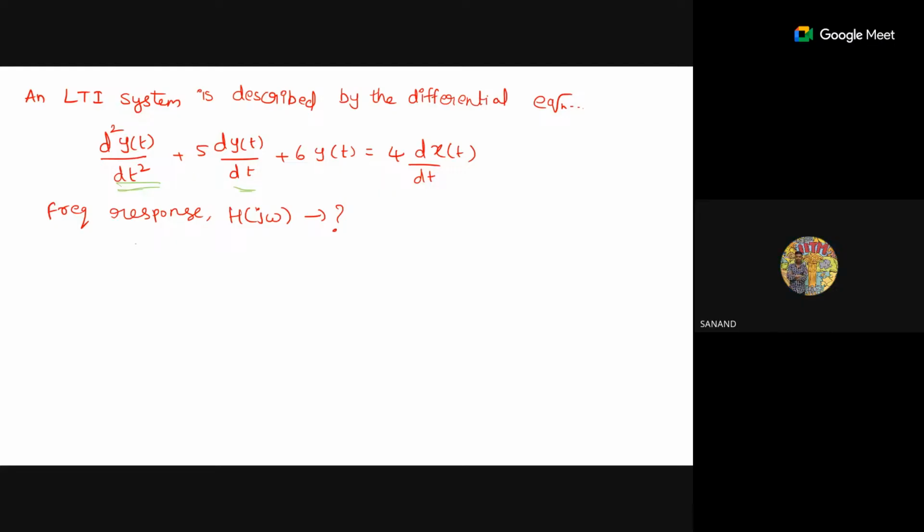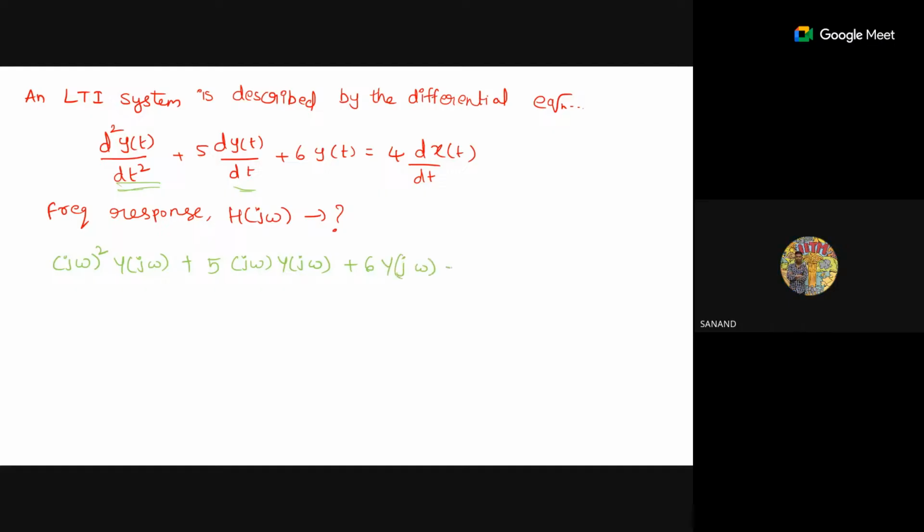It is j omega square Y of j omega, into j omega. So 5 times this will be 5 times j omega into Y of j omega, plus 6 Y of j omega,